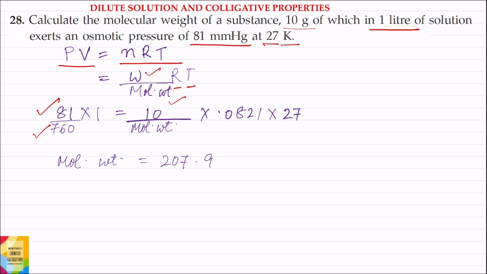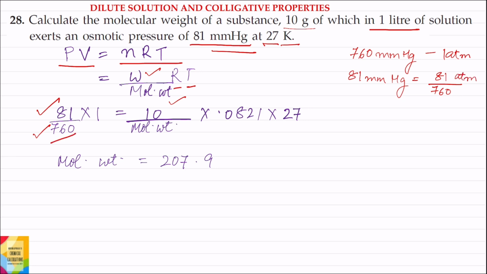So why are we dividing the osmotic pressure by 760? Because the osmotic pressure is given in millimeters of mercury, so we have to convert it into atmospheres. 760 millimeters of mercury is equal to 1 atmosphere. So 81 millimeter of mercury will be equal to 81 divided by 760 atmospheres. So value of osmotic pressure in atmospheres is 81 divided by 760, into volume of solution, that is 1 liter,